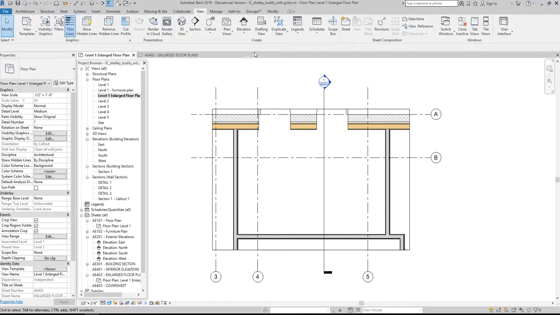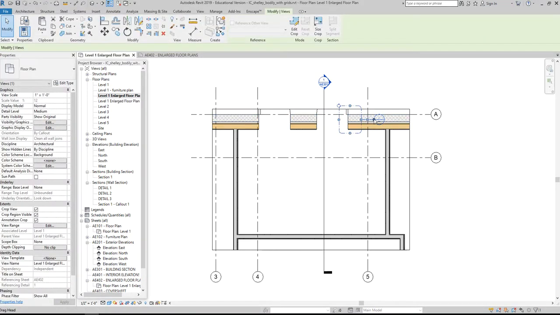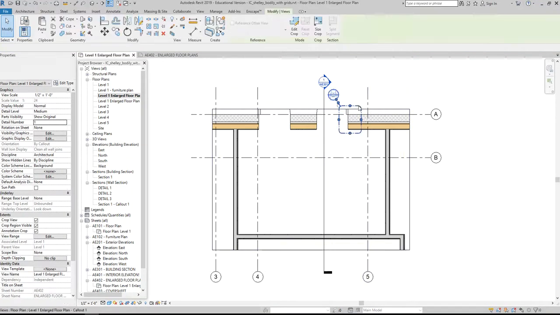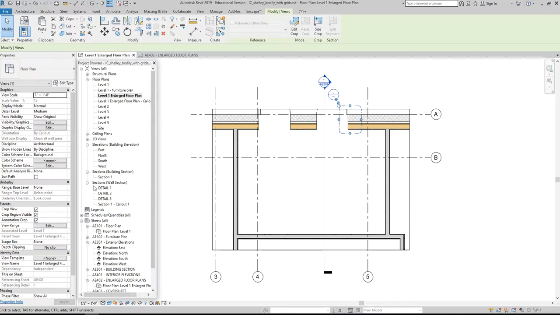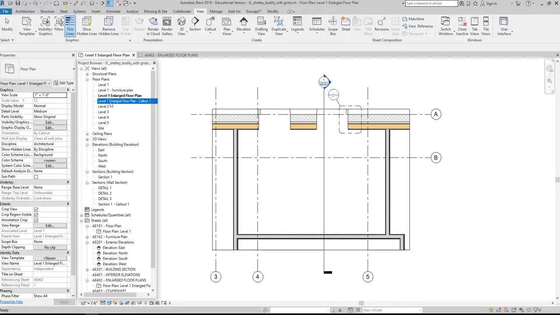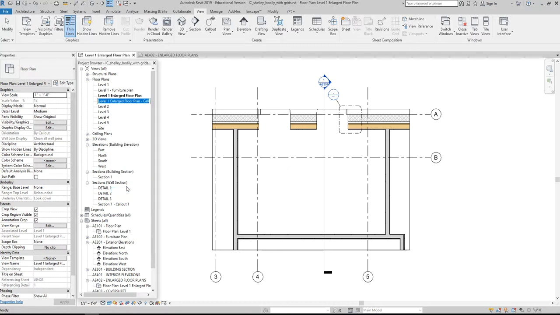So I can also now come in and say, well, I want a call out, and if I needed to detail this door jamb here, I could add a plan detail. Okay, this little plan detail shows up here. Enlarged floor plan, call out 1. Right click, rename it,